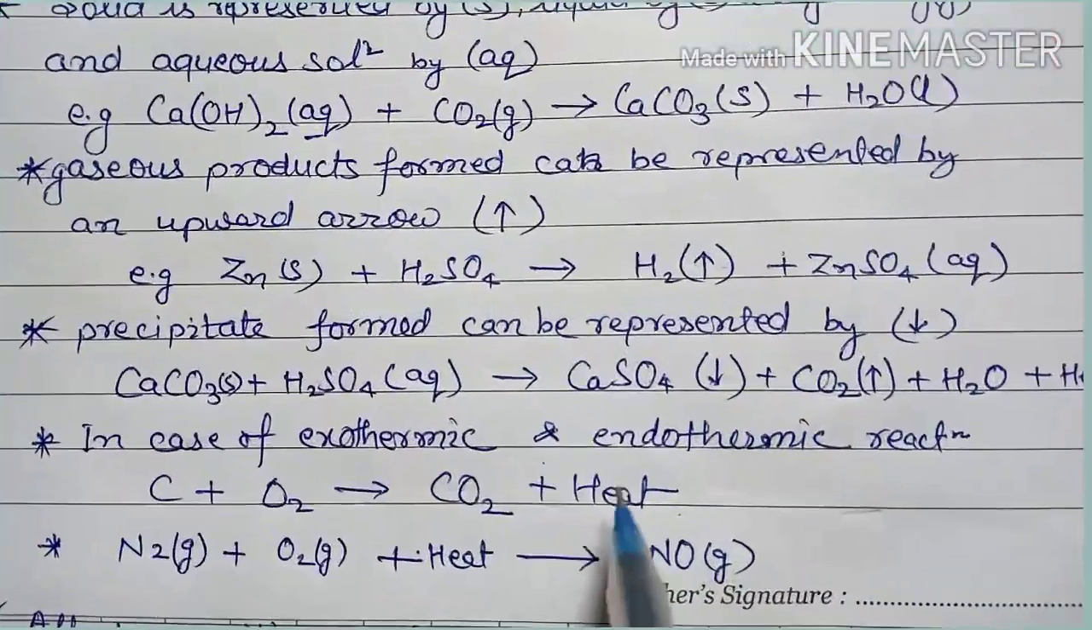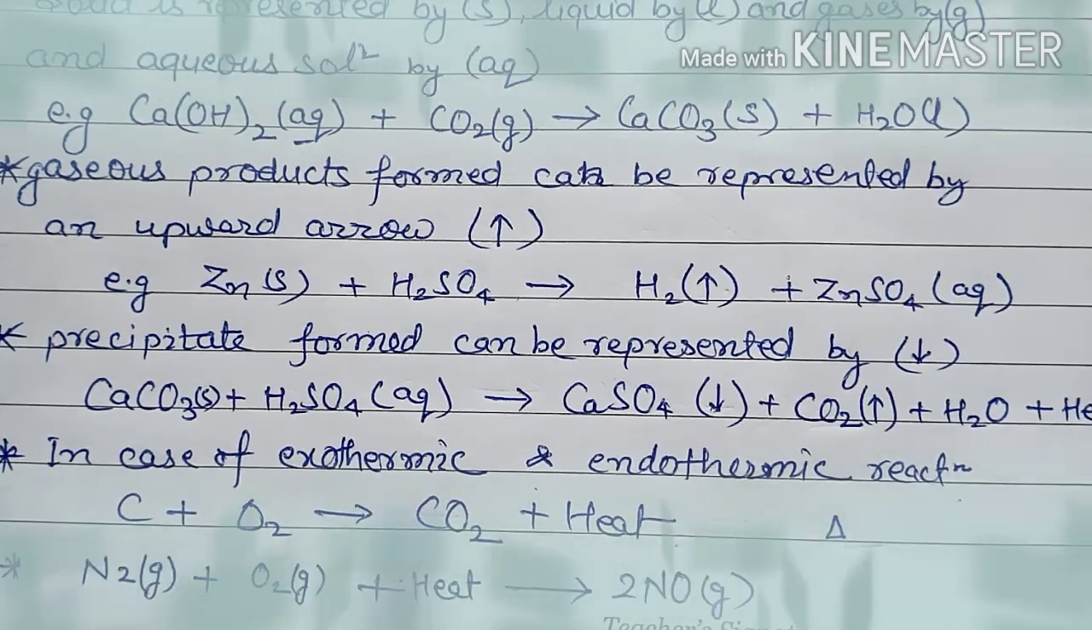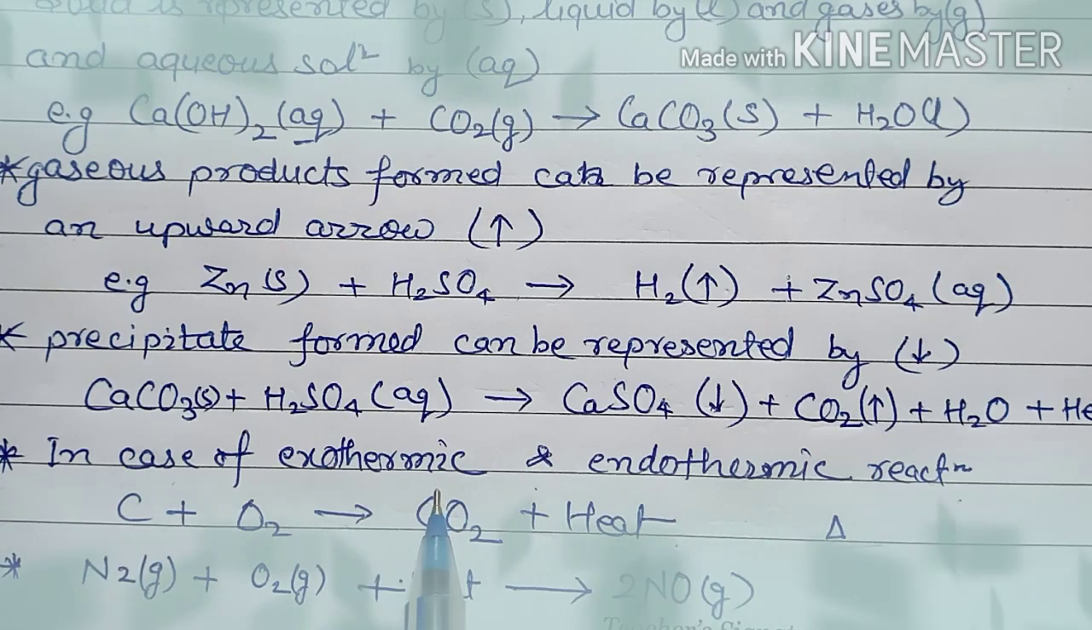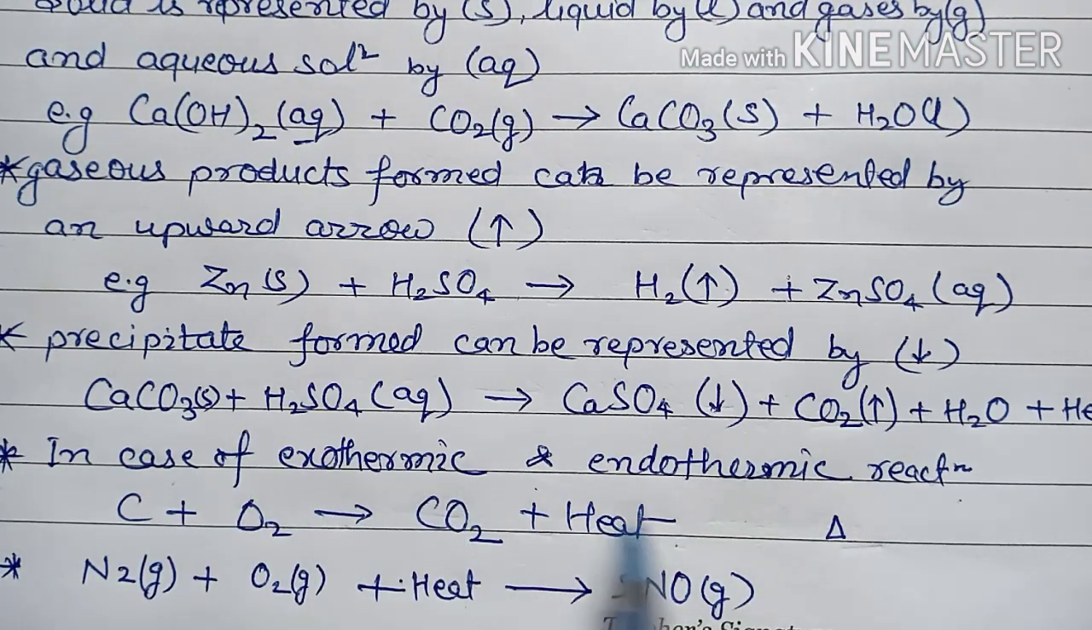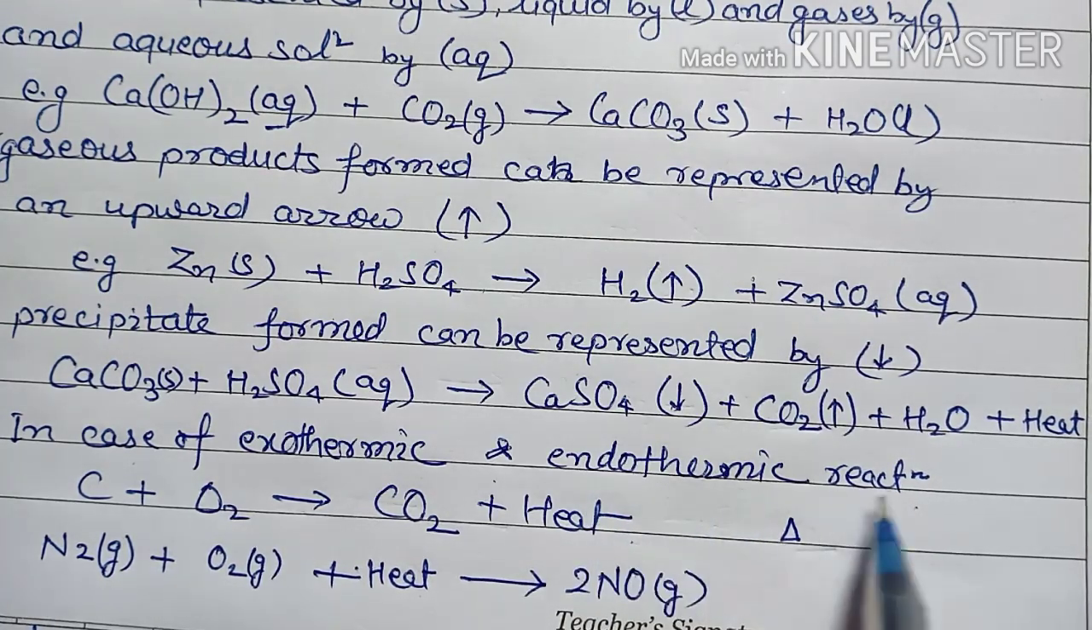Next we are discussing exothermic and endothermic reactions. These are also known as thermochemical reactions, that means reactions where a change in heat takes place. It may either release heat, which is known as exothermic, or it may need some heat, which is known as endothermic reaction. If heat is liberated, this can be represented simply by writing heat,